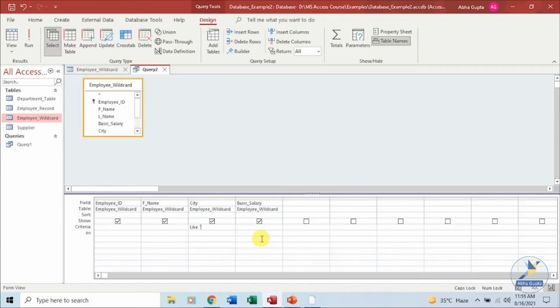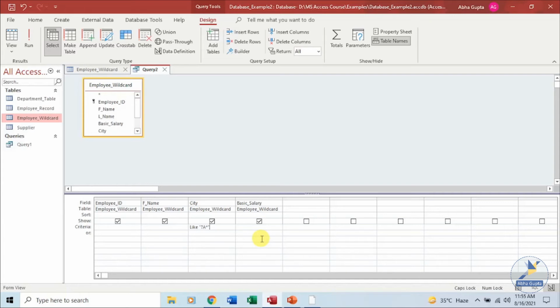If I say Like, the first character can be any character, so for one single character, the question mark is placed. The first character is any character, the second character is an A, and then the rest is an asterisk, so the other characters can be any number of characters.